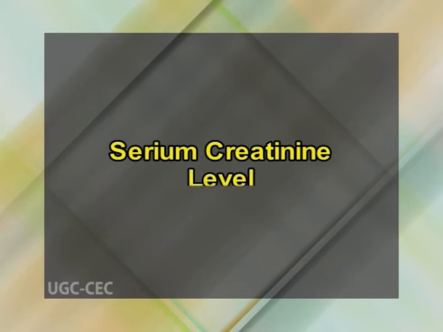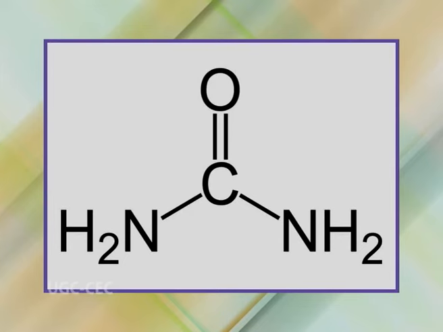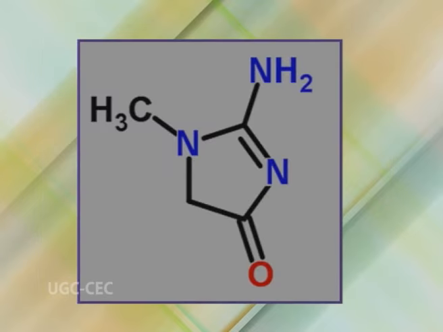Now the serum creatinine level. Creatinine is a small tripeptide found in the muscles. It stays in its phosphorylated form and releases energy for any burst of muscular activity. It's released from the muscles during regular wear and tear and is converted to creatinine, an intramolecular anhydride. It's to be remembered that unlike urea, creatinine is not a toxic waste. It's simply used as a marker of renal function.